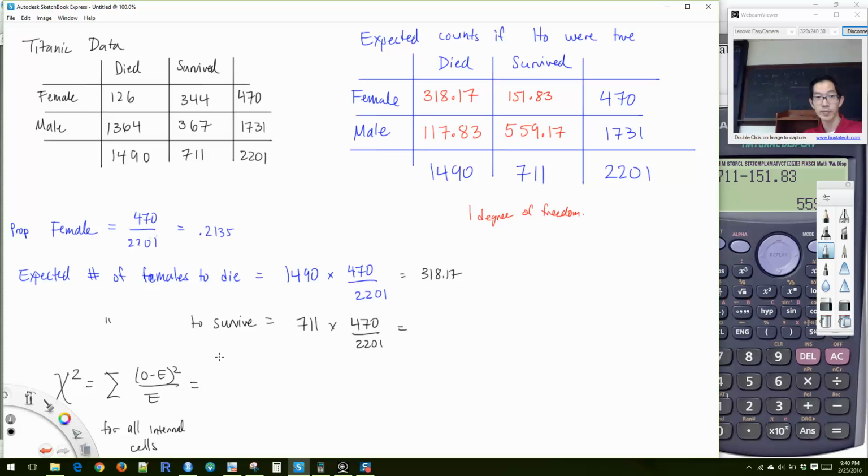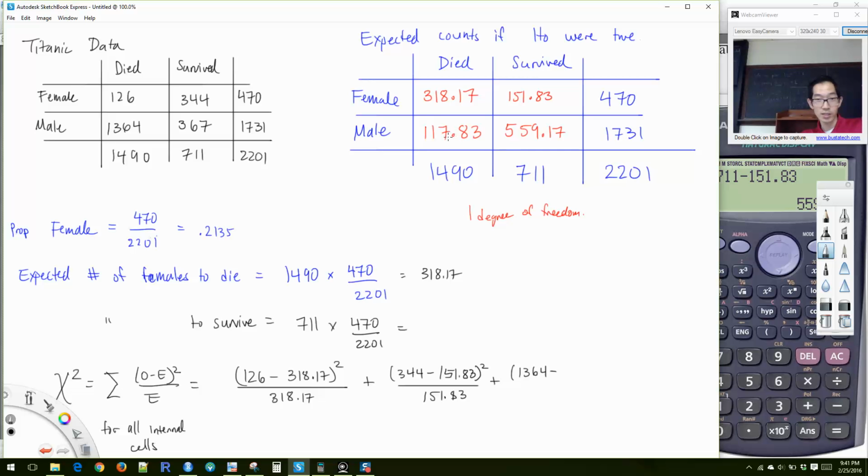So it would be what we observed, 126, minus what we expected to see, 318.17, squared over 318.17, plus the next cell. It doesn't matter, as long as you do all of them: 151.83 squared over 151.83, and then 1364 minus